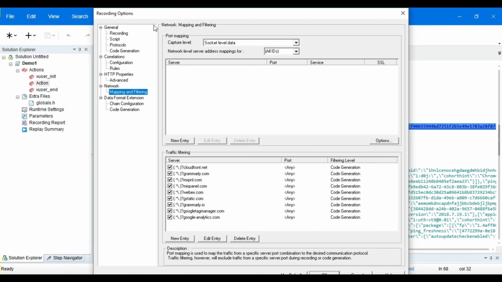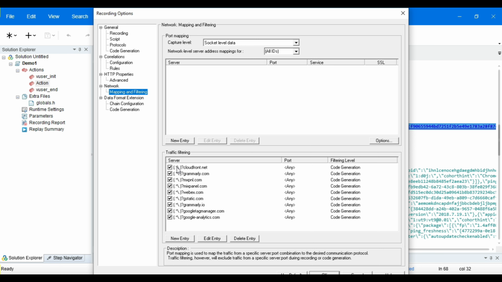First, this port mapping at the top. Here is where you specify what sort of traffic to record from which port, and at the bottom you have a space for traffic filtering. What it does is extend the capabilities of port mapping by letting you list the URLs and ports to exclude. In port mapping you cannot use any wildcards, but in traffic filtering you can.